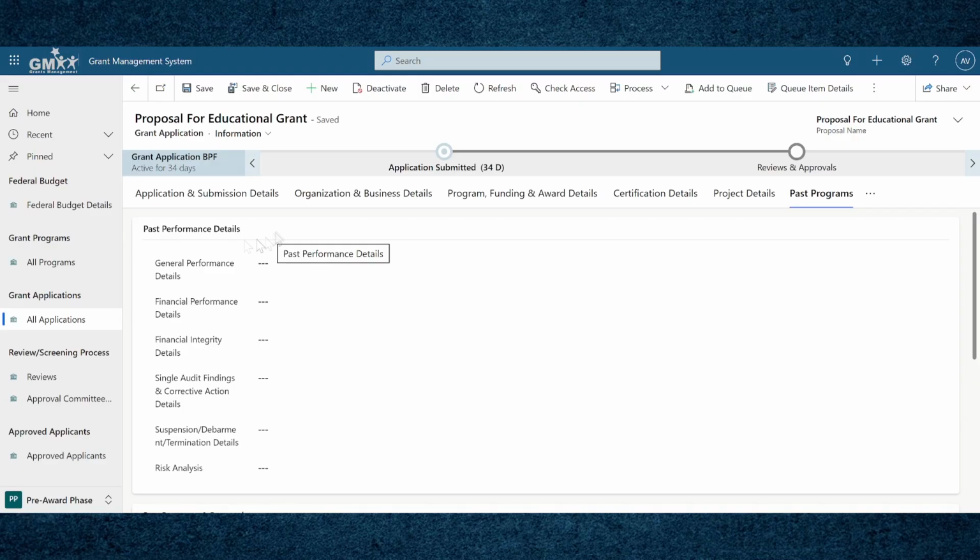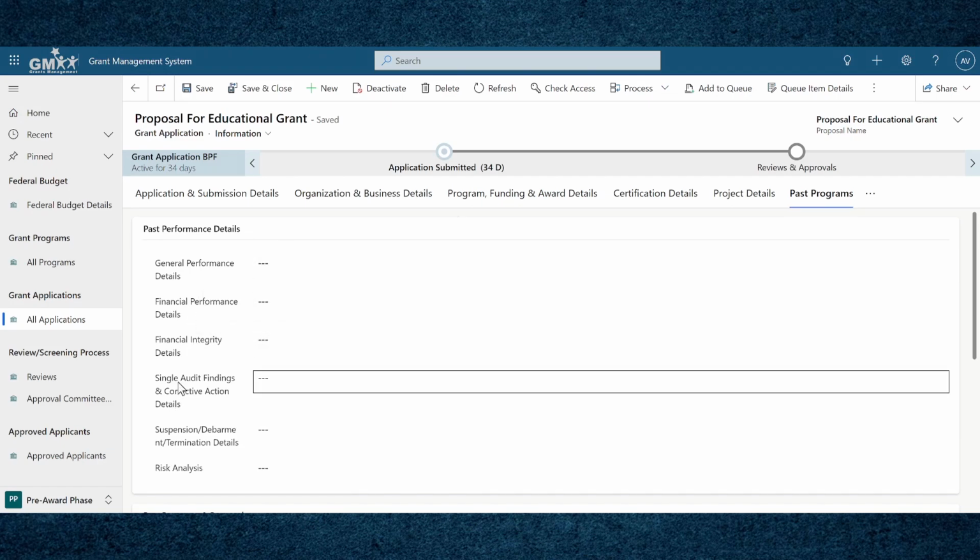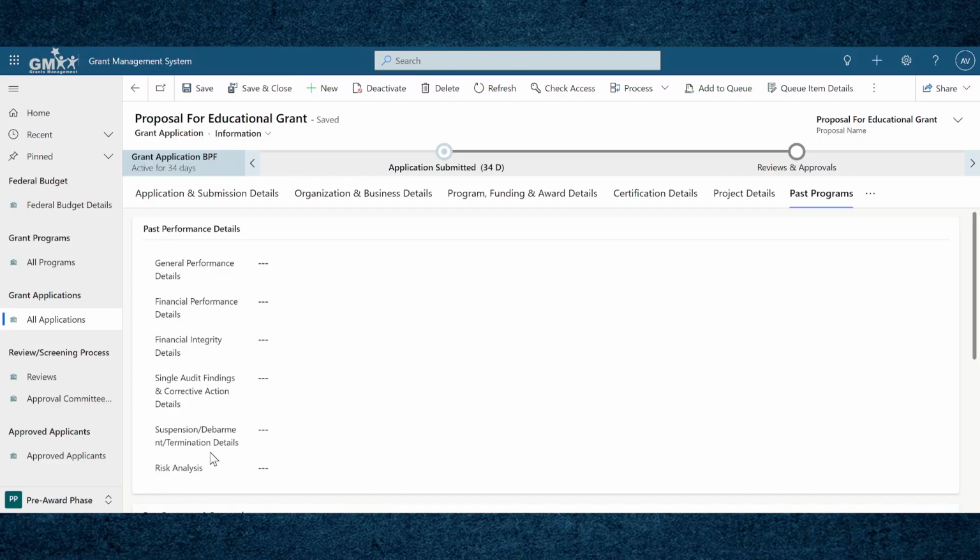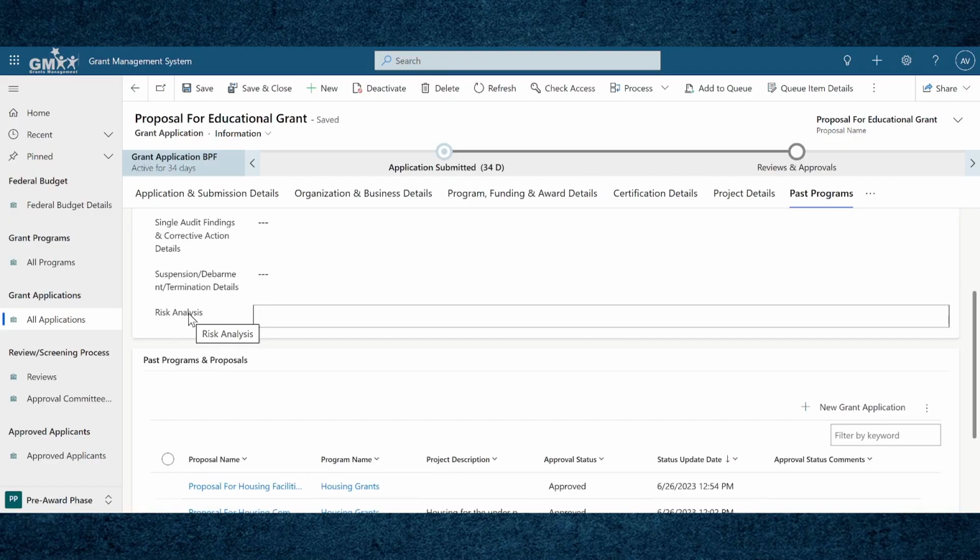Then below the section, I have a subgrid that shows a list of all this organization's past proposals and projects, that is all the proposals that they had submitted in the past and whether they were approved or rejected. So to get a list of my past grant applications in my current grant application form, I had to create a one-to-many relationship for the grant application entity with itself. Here is a snapshot of this relationship. So as per this list, we can see that this organization had submitted multiple proposals previously, out of which 3 of them were approved and projects were undertaken. And this subgrid has taken the view inactive grant applications, since we are talking about the past proposals and projects in this subgrid. So we had to get a list of all the records that had been closed and archived.